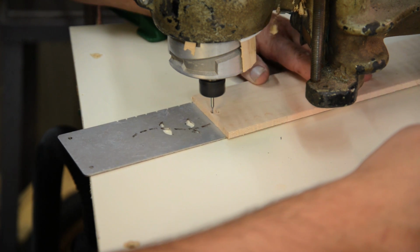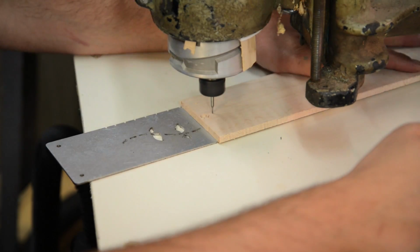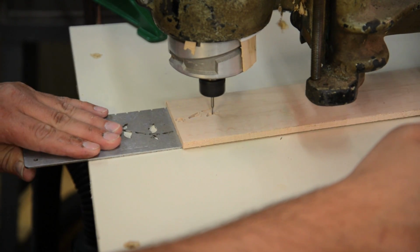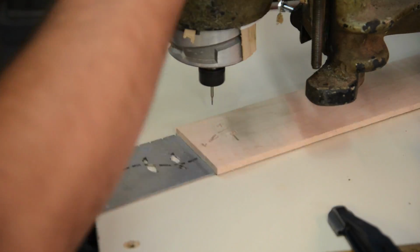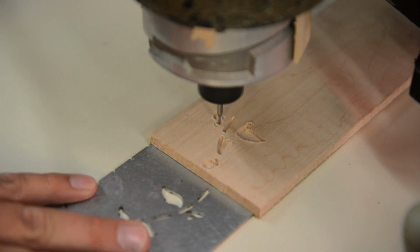I was smart enough to purchase extra parts for that pin router, and it kind of just lucked out. Originally I was trying to figure out a stepper motor with a vertical axis. It's kind of a CNC, a manual CNC to do this. I still want to figure out a way to make this machine. There are definitely not enough pin routers out there in the market. At least the pin routers that I've seen are way too expensive. And I want to try and create a production type of pin router